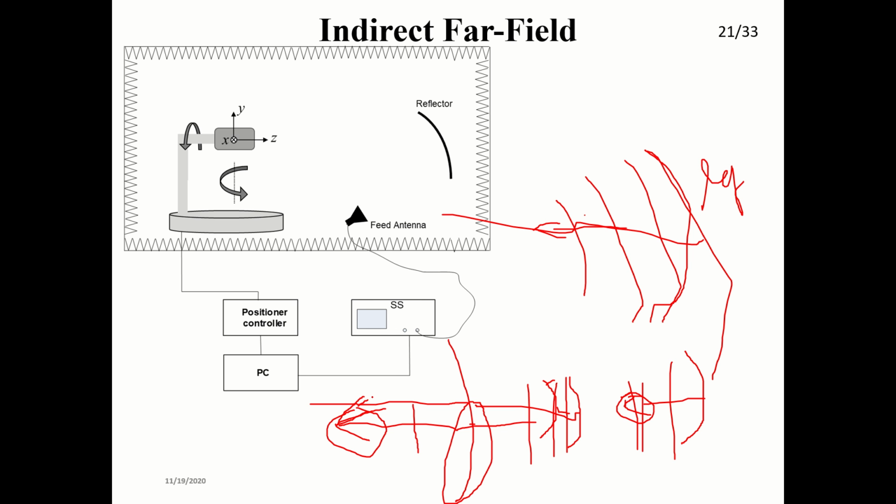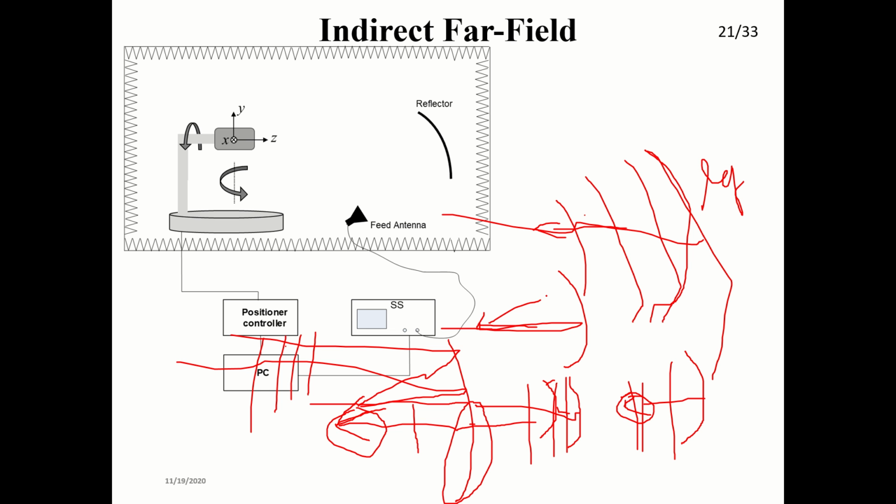Then you will have something like this reflection, plane waves. This is how it's called an offset fed reflector. So what you are doing is, you have a parabolic reflector, and if it is center fed, it is being reflected like this, like this, like this. You are only taking this portion alone, and then you are rotating your feed towards this direction alone,